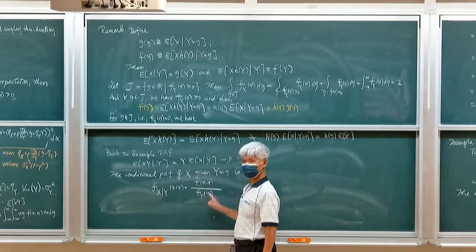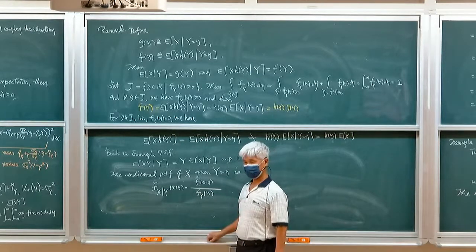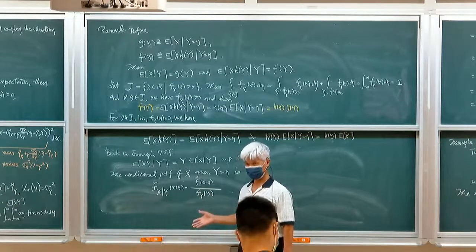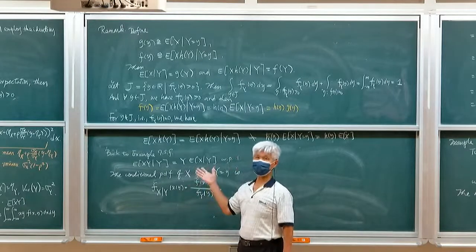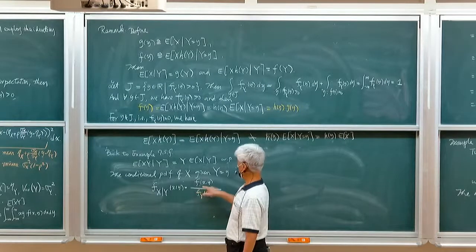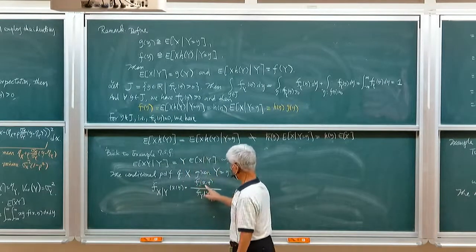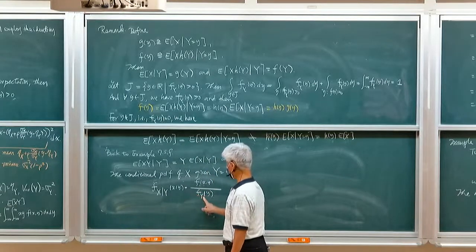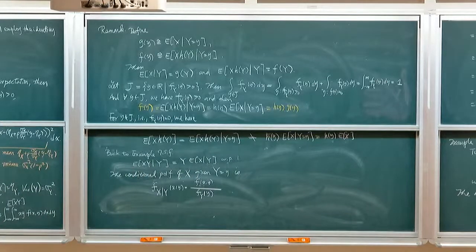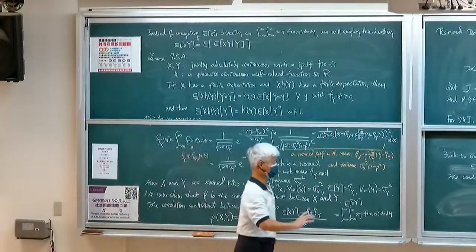So this is always true. The reason is the marginal PDF of y is normal, and the normal PDF is always positive over the whole real line. So they are positive. Okay, so this is the ratio. And so you can see the f of xy is the product of the marginal PDF and this one. And from our integration, we now go back to see it.